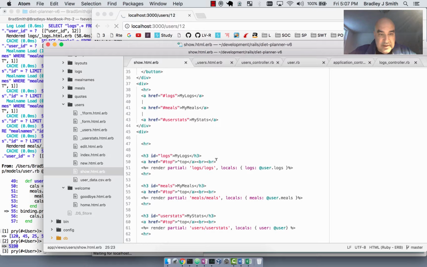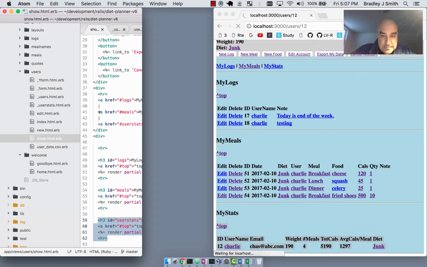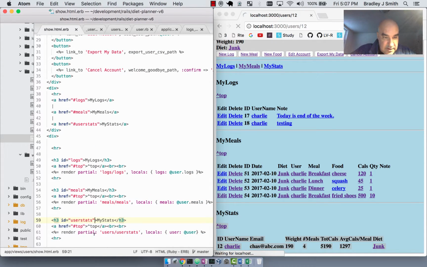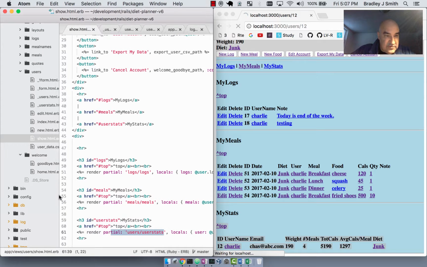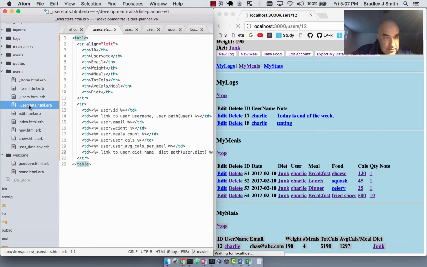And here's the show page for the user, and the stats that we see. Let me move this over. These stats here are coming from here, and that's calling this partial user stats. So if we open up the user stats partial, we see that we're calling